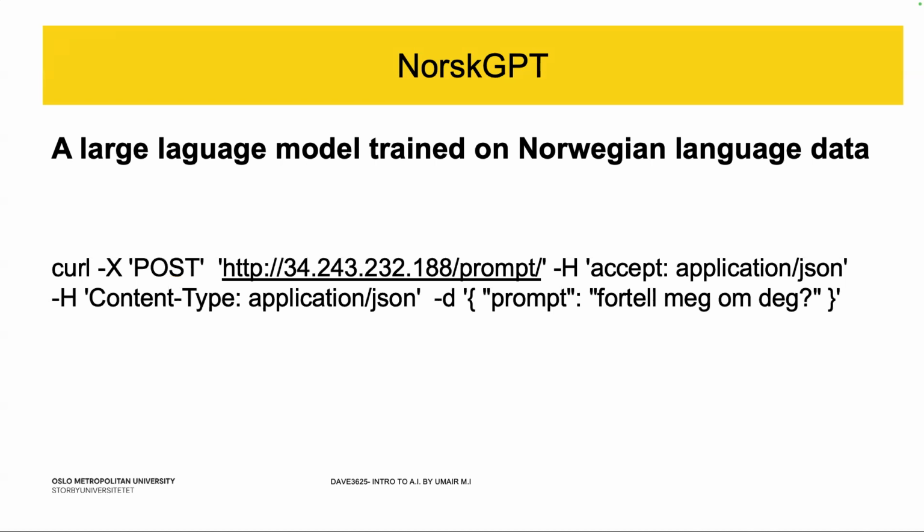So I want you to do a post request. This is a model which works on Norwegian language data, so ask any question which you would like to ask, and write in Norwegian. We will have an assignment on doing the prompting part for this Norsk GPT. Everything else should be as I'll send in a Zoom message also, but change the prompt part. So for the prompt, this stays as is, and then change the text which comes over here.